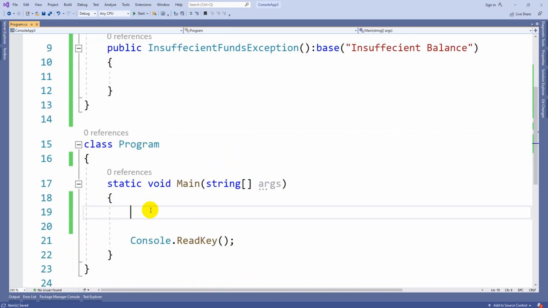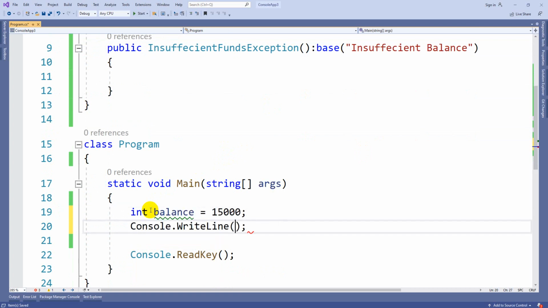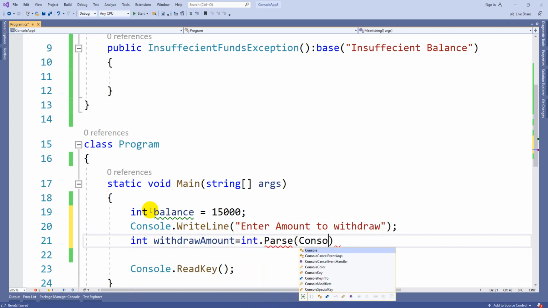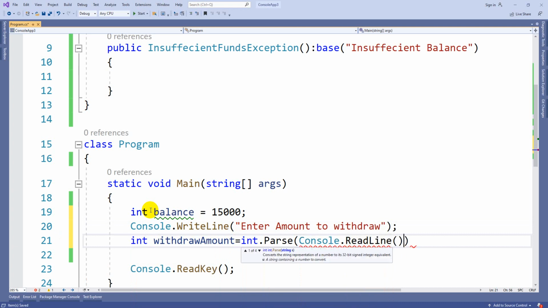So now, int balance equal to some 15,000. Console.WriteLine, "Enter amount to withdraw". int withdrawAmount is equal to int.Parse of Console.ReadLine.